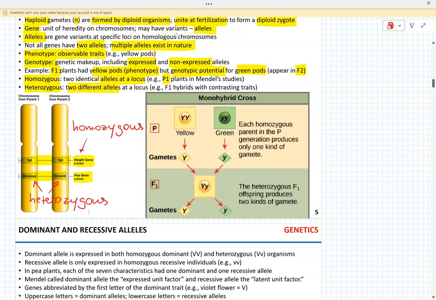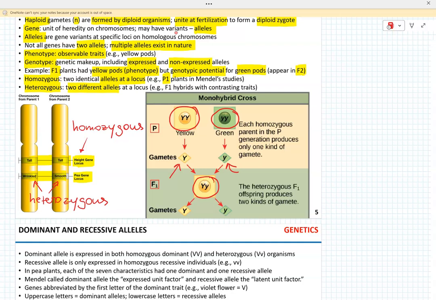Now, when you look at the cross here, we can see how this allele combination can produce heterozygous plants in the first generation. So let's say we talk about the color of the seeds. We have true breeding plants with the yellow seeds and true breeding plants with the green seeds. Each true breeding plant can produce only a single type of gametes, either capital Y or lowercase y. When these gametes combine during fertilization, they produce a plant in which alleles for that particular gene are different